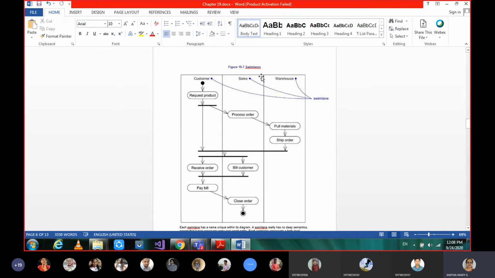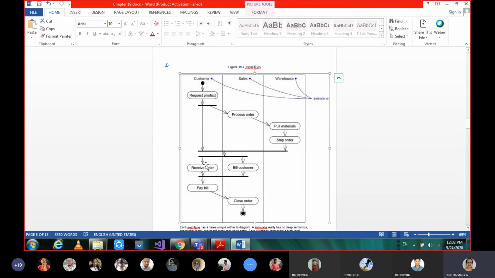Okay, suppose the example, if you see here, customer, sales and warehouse. So this is an example of some order management. The customer is the one who is going to request a product, and he will order that product, and he will get that product, and he has to pay for that.